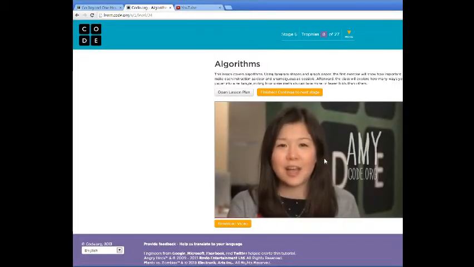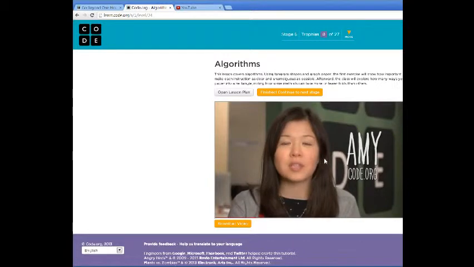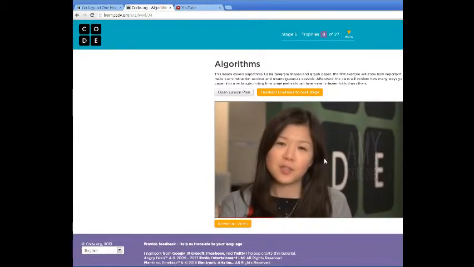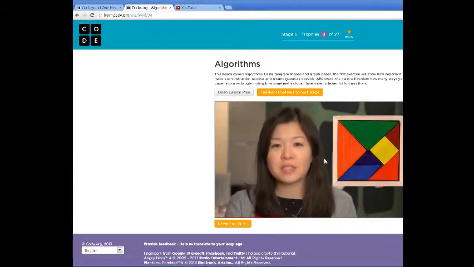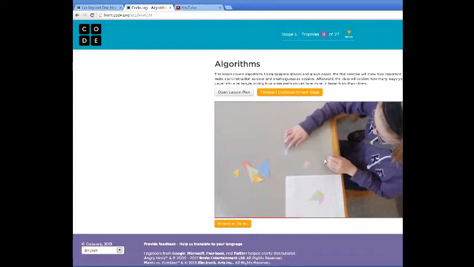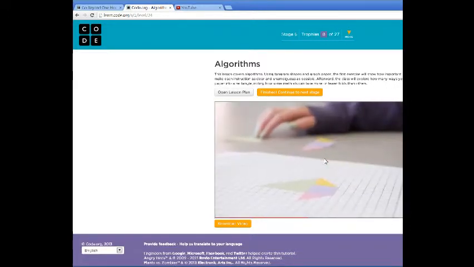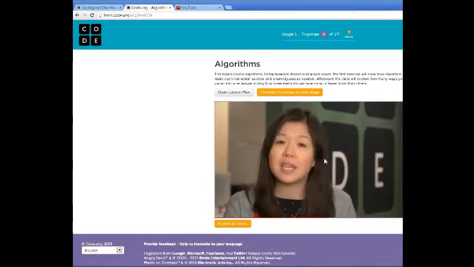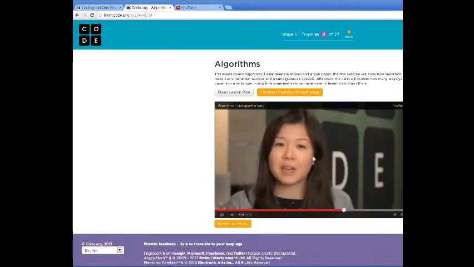Lesson 6 teaches algorithms and gets across how important it is to be as clear as possible. This lesson has two parts. The first uses tangrams, which are puzzle pieces that look like this. If you don't have tangrams, you or your students can cut them out by hand. Students will have to explain to a fellow classmate how to arrange tangrams in a specific pattern, but the second student isn't able to see what the original pattern